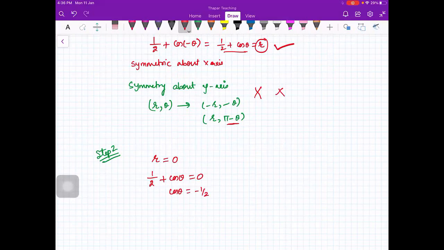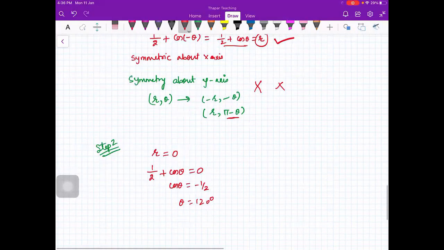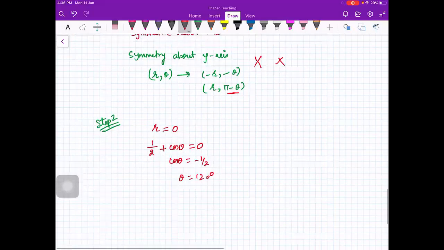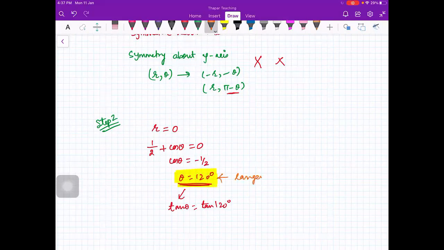So what is the value of theta for which cos theta is equal to minus half? Can you tell me what will be theta? Theta will be 120 degrees, right? Because you will be in the second quadrant. So I told you in the class that tan theta, that is tan of 120 degrees, will be the slope. Now in polar coordinates, it is easy for you to plot theta equal to 120 degrees. So this actually is your tangent. This is the equation of the tangent when your curve passes through the origin. Is that clear?